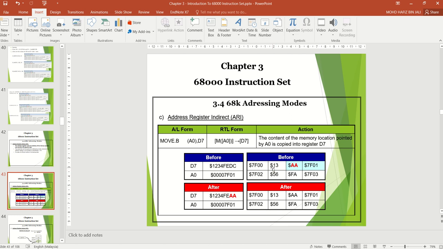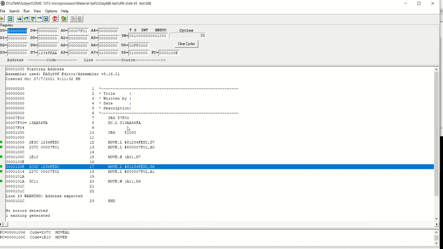The values are 13AA56FA at 7F00, 7F01, 7F02, 7F03, using DC.L because it is a long word: 13AA56FA.